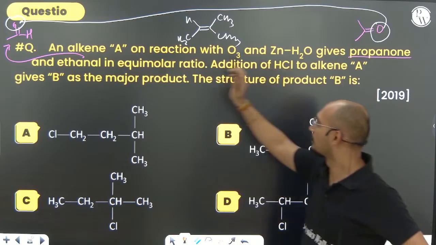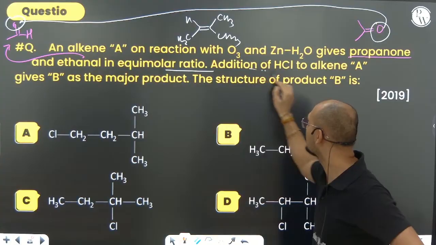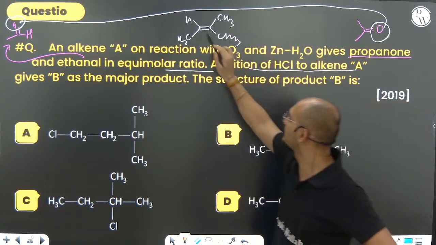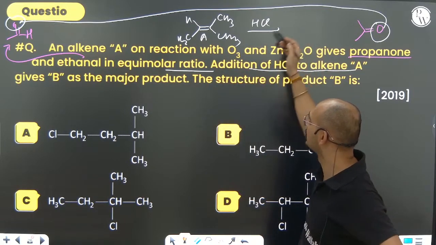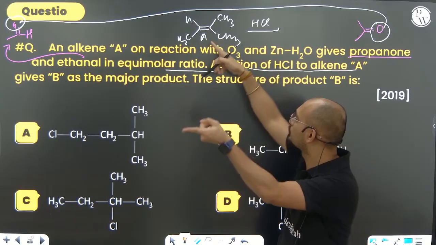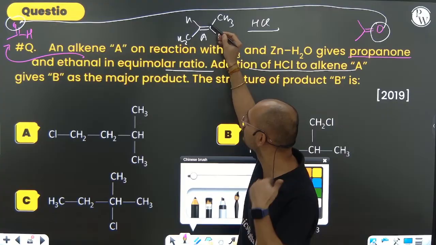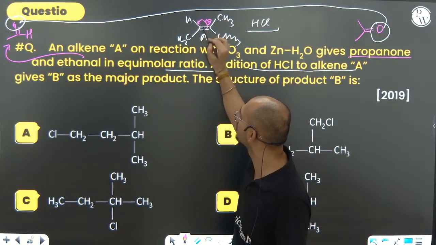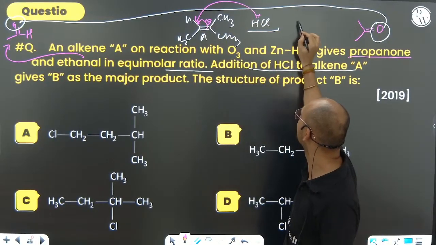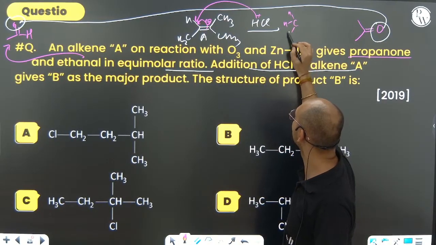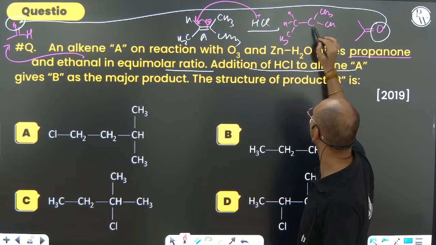तो अच्छा, alkene A on reaction with O3 gives propanone and ethanal in equimolar. अच्छा ठीक है. Addition of HCl to alkene A. अच्छा अब इसी A में क्या करना है तुम्हें? HCl को ऐड करना है. ठीक है. Gives B. अच्छा अब ये आपको B देगा. HCl को जब यहाँ पे तुम करोगे, so you have to see that where there is more positive and where the positive is more stable. I hope you can see that positive is more stable. So send the negative part here. So what will happen? H plus will attack here only. So it will give CH CH3 single bond C CH3 CH3 and Cl.